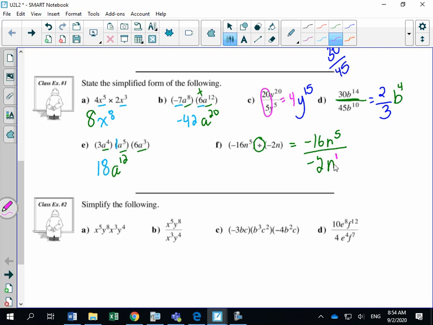So if there's no exponent listed, it's always going to be a 1. Just like if there's no coefficient listed, it's always going to be a 1. Okay? Take care of your coefficients. So say to yourself, what is negative 16 divided by negative 2? 2 negatives gives you a positive, and 16 divided by 2 is 8. Then take care of the quotient law, which is 5 minus 1, and you'd get 8n to the 4